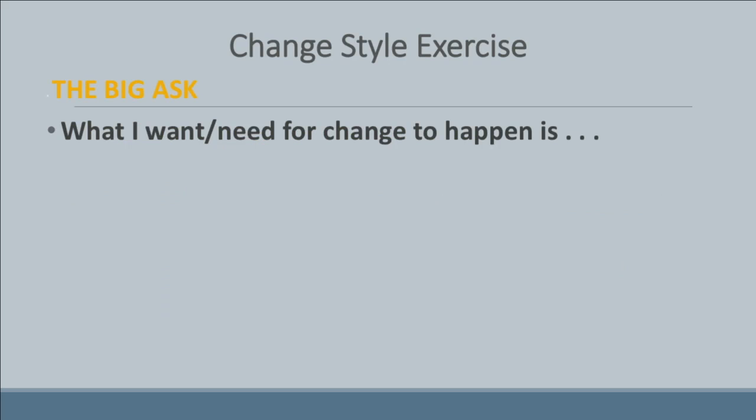And then our approach to change really leads to this very important conclusion. What I want or need for change to happen is, so maybe I'm a pragmatist in the middle, maybe I'm a conserver or originator, but this is what I need to bring my best regarding change. And some of the things that I say here are going to be challenging for you to do, maybe even offensive. I'm going to ask you to do something that you really feel is stretching and violating, and you don't even want to do it. But there are some things on here that you can do. You didn't know to even try them.